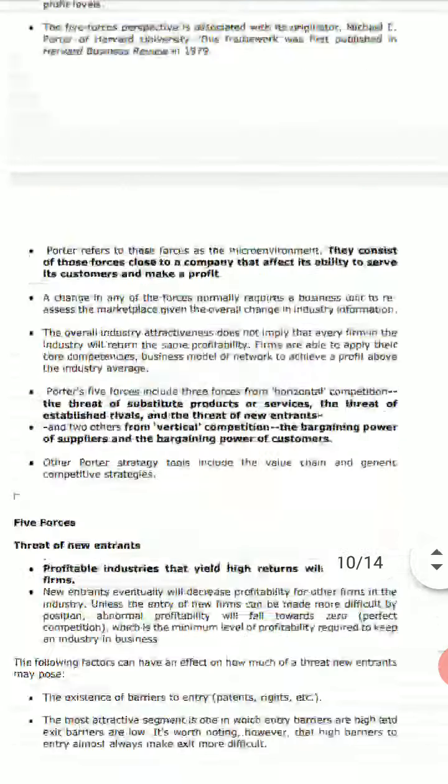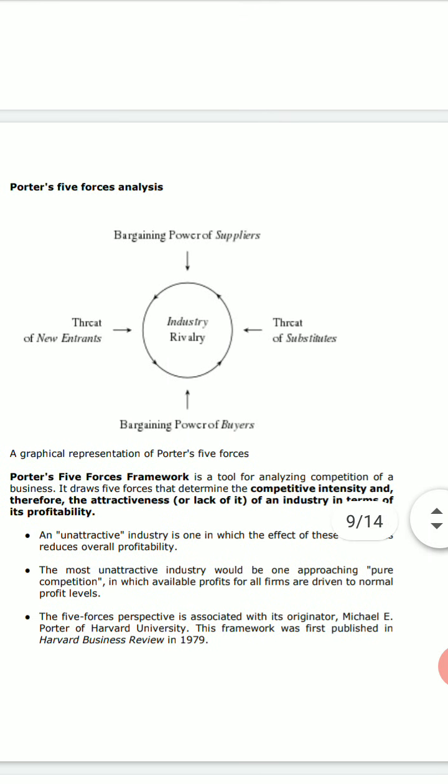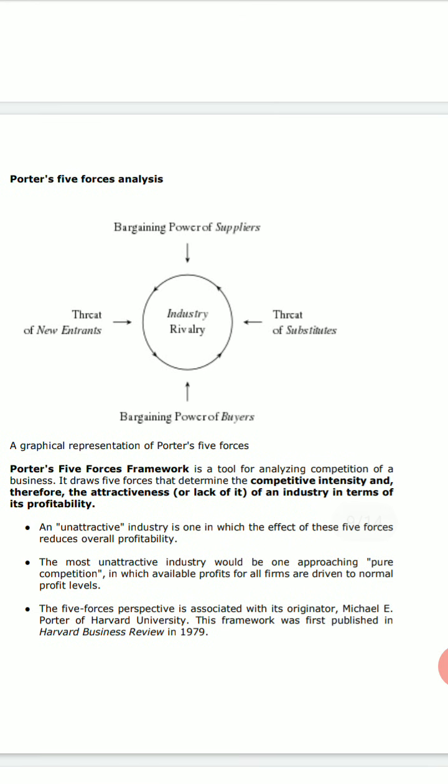Now if we just check how these factors affect: bargaining power of the supplier on one hand, as you can see right now, there is the vertical, that is bargaining power of the buyers, and in between there is industry rivalry. On the other hand, on your left side, it is threat of the new entrant, and on the right side of the circle, it is the threat of the substitutes. That means, in short, what Porter tries to say with these 5 forces,